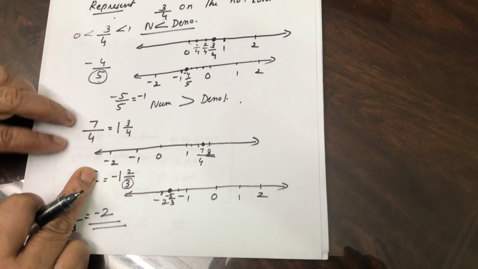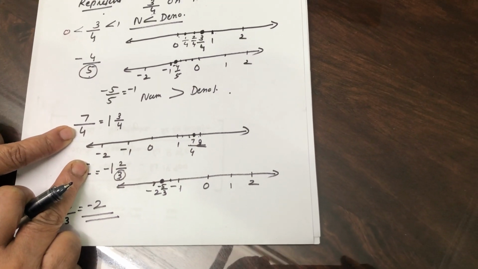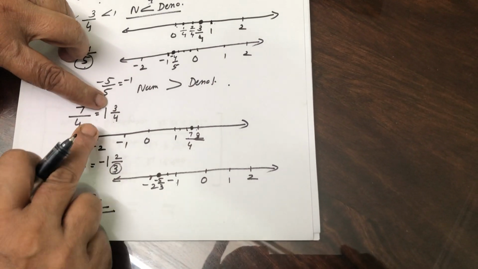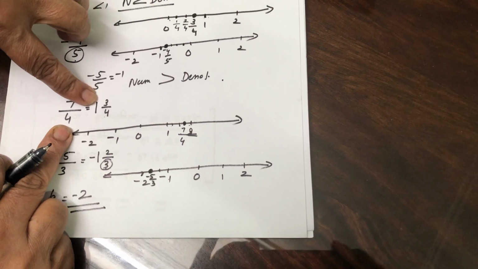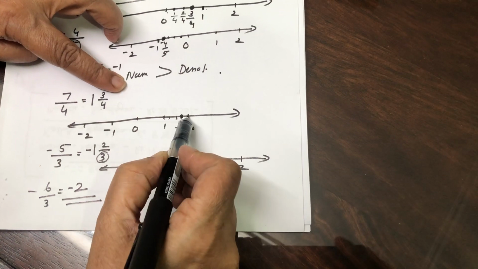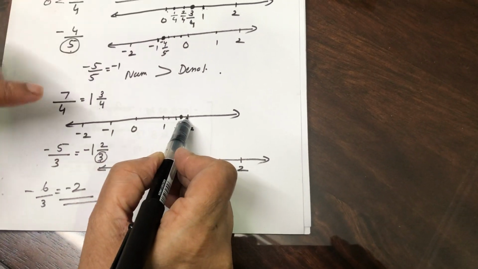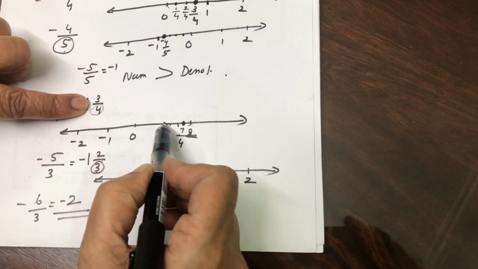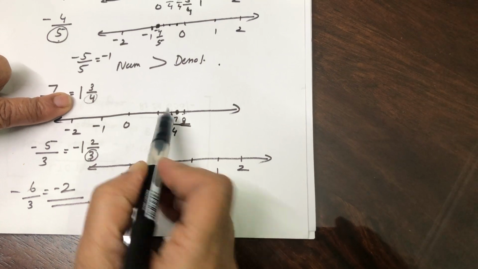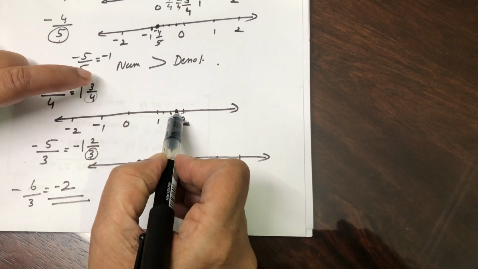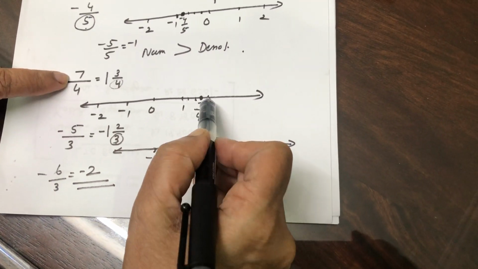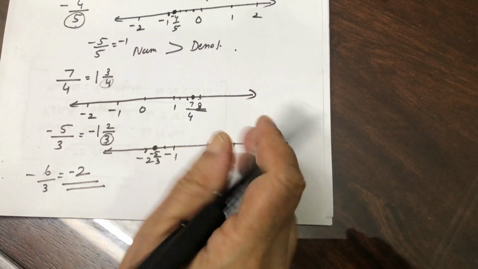Here you have learned numerator is greater than denominator. You have to convert it into a mixed fraction. When you convert into a mixed fraction, you will get the idea where it comes. So it comes in between 1 and 2. Therefore from 1 to 2, that unit is divided into 4 parts, as the denominator is 4. First part is 1 1 by 4. Second is 1 2 by 4. Third is 1 3 by 4. 1 3 by 4 is 7 by 4. The next one is 8 by 4. 8 by 4 is equal to 2.